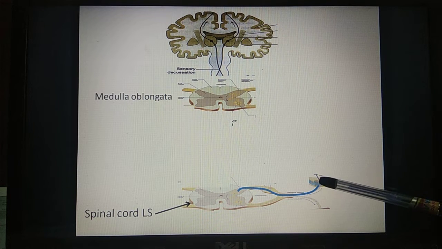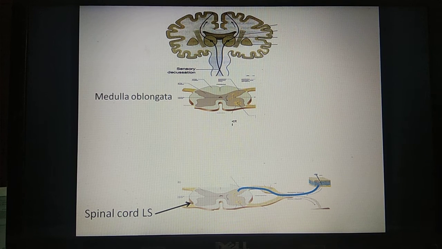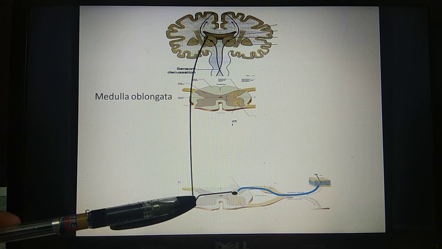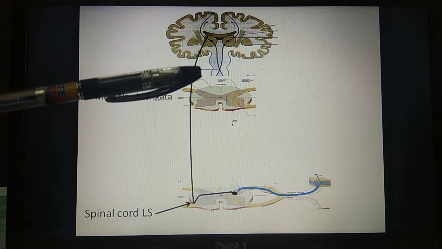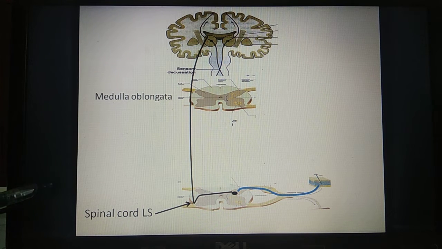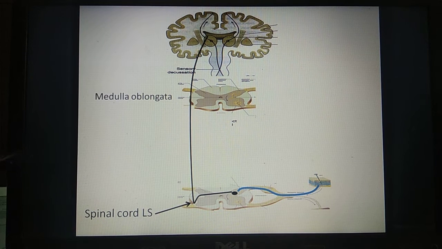This sensory nerve arising from a part of the skin and going to the spinal cord, we label as a sensory nerve. Now if you recall, there is a sensory relay neuron in the spinal cord, in the gray matter. From here our ascending tracts arise. From this nerve cell body, an axon arises. See, it immediately crosses to the opposite side in the same segment of the spinal cord and ascends up, through the medulla oblongata, going up to the thalamus. There is a synapse here. So this is called a first order neuron.